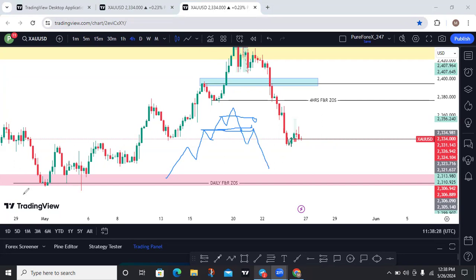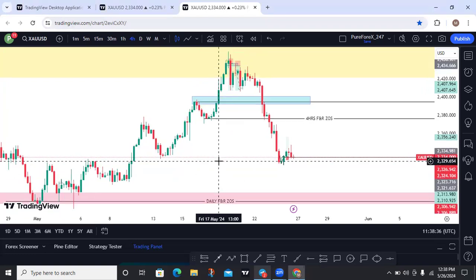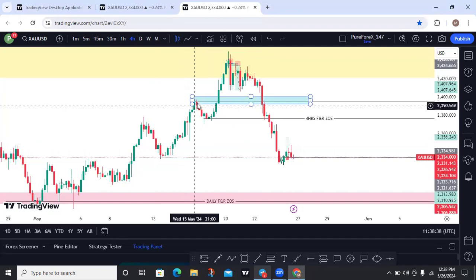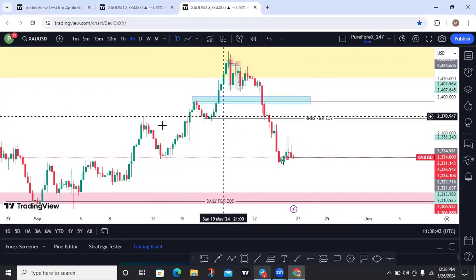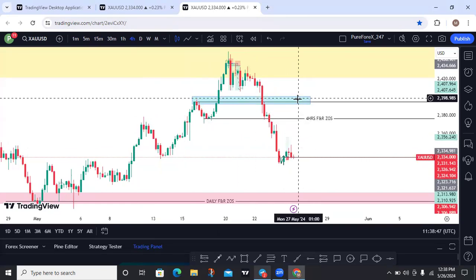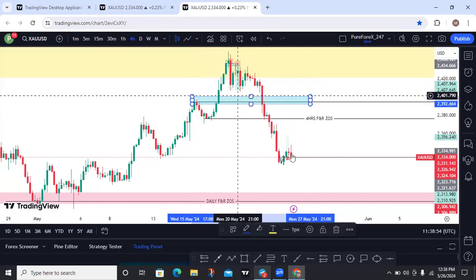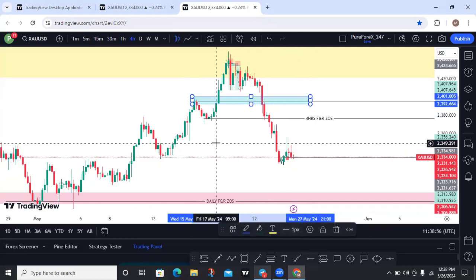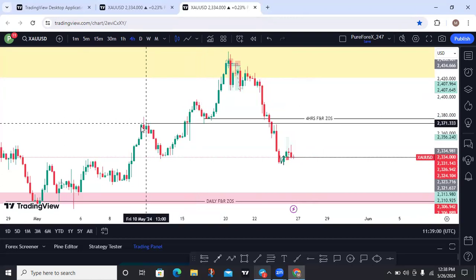So that's why you also need to take note of how Quasimodo reversal works, right? For us, we are going to use this current shoulder. But if the market gets to this point and fails to give us an entry signal, then we'll be expecting the market to get to this point here. Then we sell. But this is my marking, and this is my analysis on gold. We are using this one here.